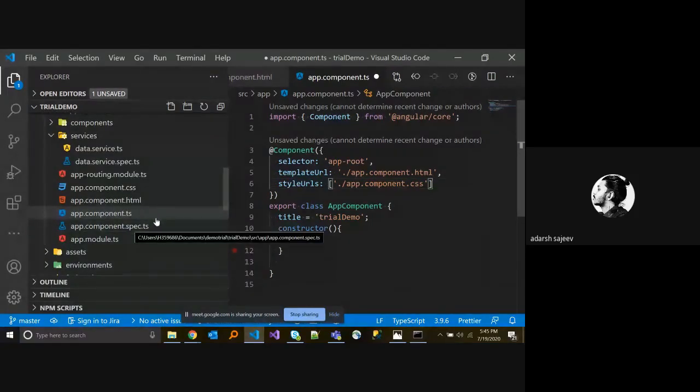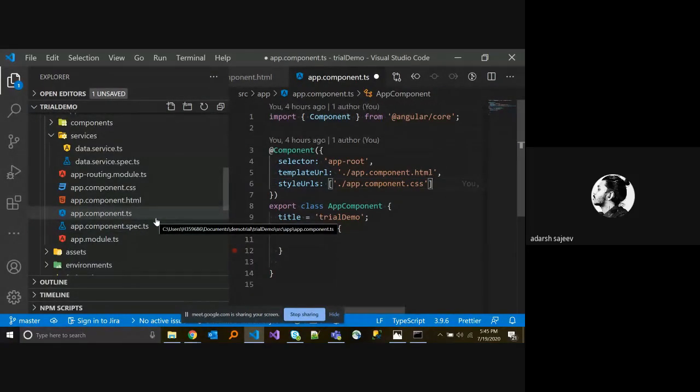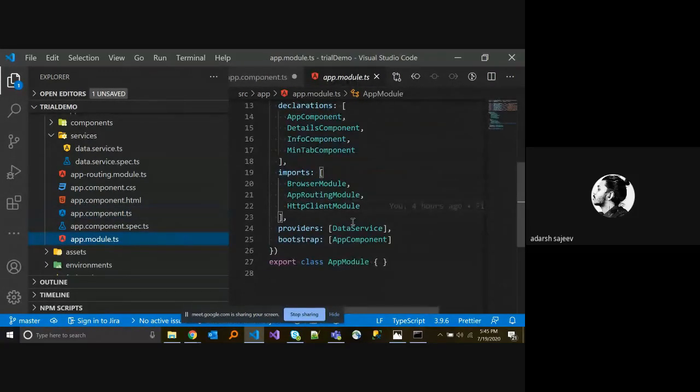At the same time, I told you, right, module is the one managing all these things. So you created a service, but if you have not told your module, the module won't understand. The moment you create a service, it will automatically add this thing to the data service. That is the beauty of this Angular CLI. You don't need to worry about it. Once you generate a component, it will automatically add it to the declarations. So